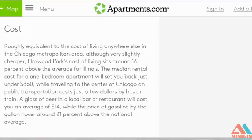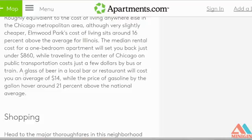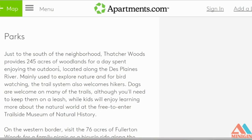The median, or the middle average, rental cost for a 1-bedroom apartment will be just about $860. And then traveling to the center of Chicago on public transportation costs just a few dollars by bus or by train. They have the L train in Chicago. It tells you that a glass of beer in a local bar or restaurant will cost you an average of $14. And then we can read about the parks in the area, that there's a wooded area, 245 acres of